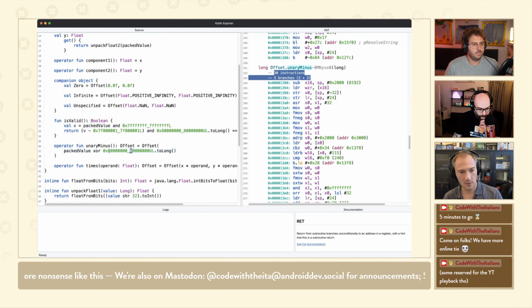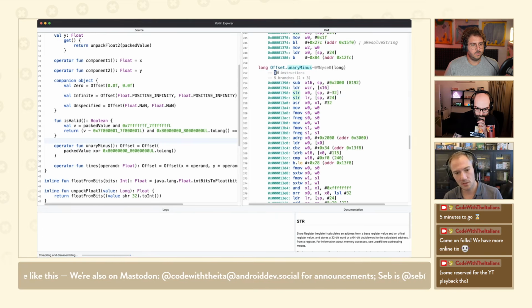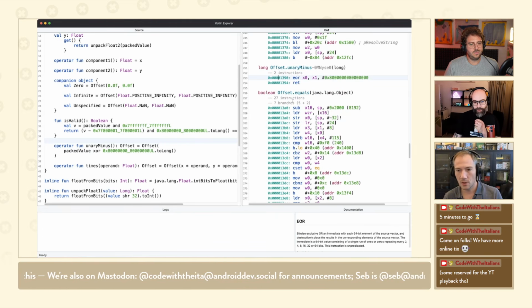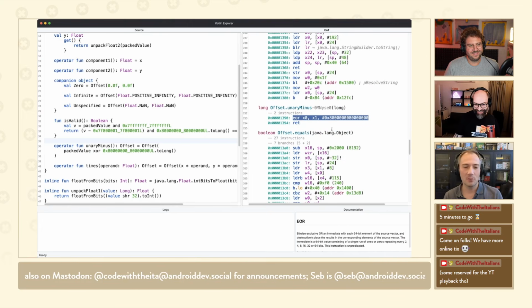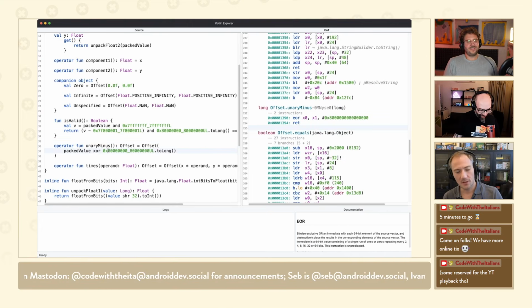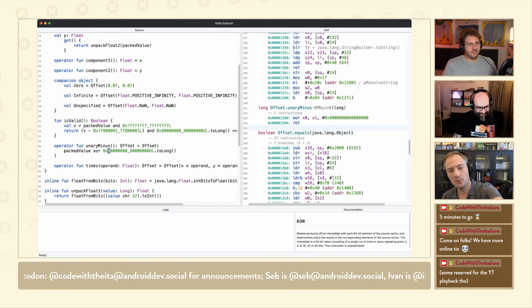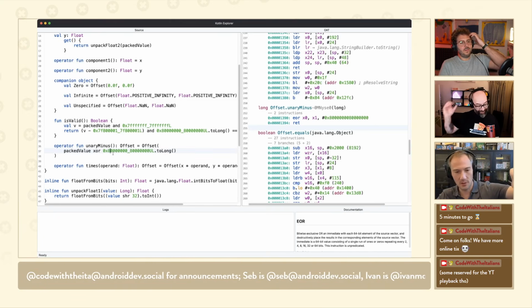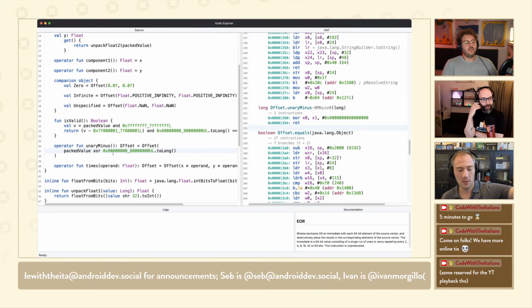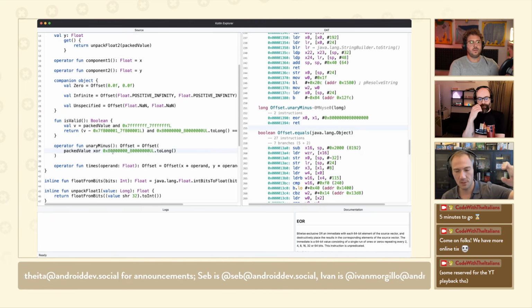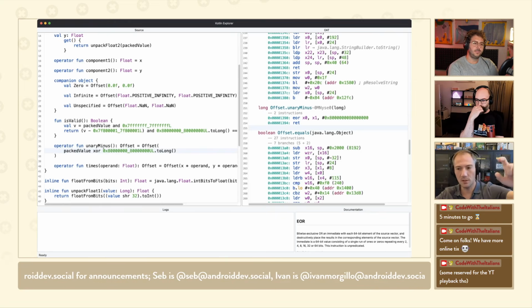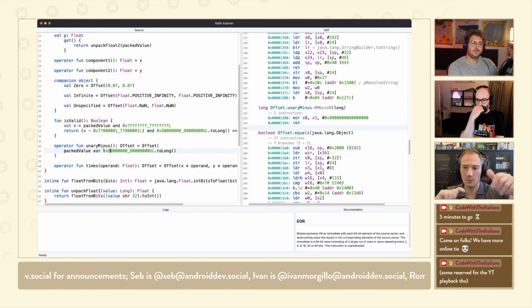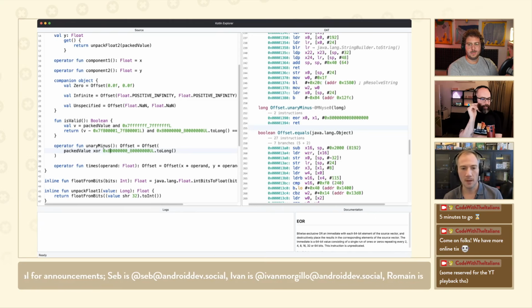And now if we look at the generated assembly, we go from 30 instructions and 5 branches down to, oh, look at that, 1 instruction. And the reason why this works is that we do a XOR of the sign bits in both floats. And so if the original sign bit was 0 and you XOR it with 1, it becomes 1. But if it was 1 and you XOR it with 1, it becomes 0. So basically we can flip it this way.